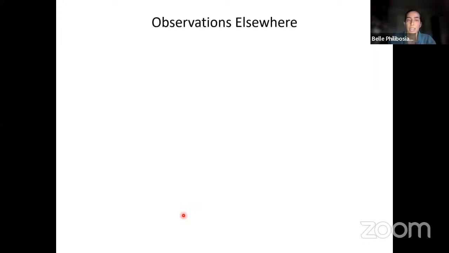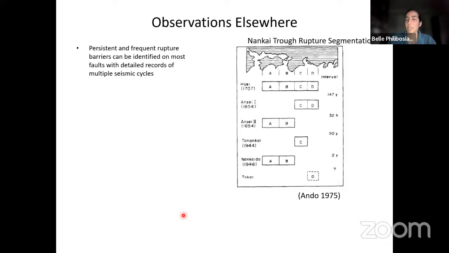And as it turns out, based on observations in Sumatra, we're able to recognize these behaviors in other places. For example, in the Nankai Trough of Japan,